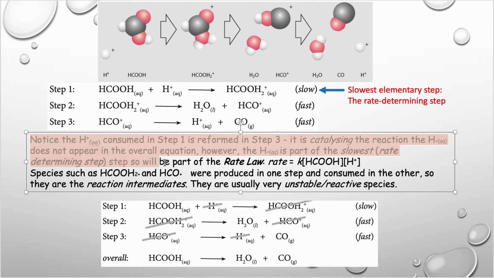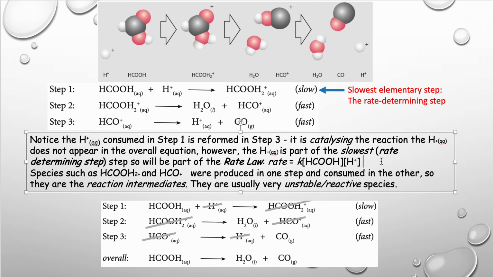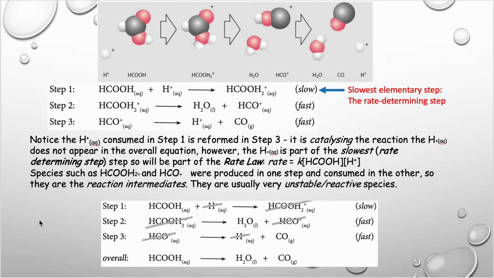This is just something extra that I've written over here. Okay. Species such as these two that I had circled were produced in one step and consumed in the other. So they are the reaction intermediates. They are usually very unstable reactive species. So the reaction intermediates, if you put all of these equations together, all the three steps,